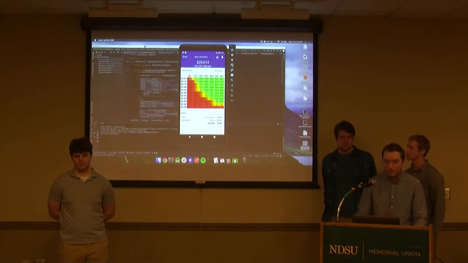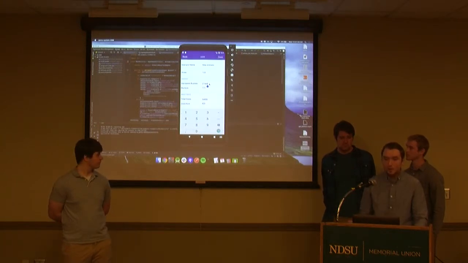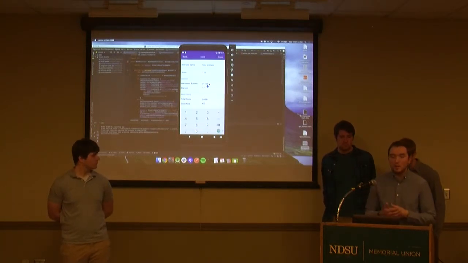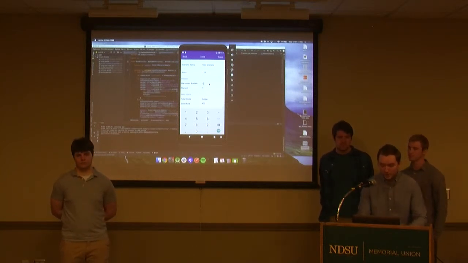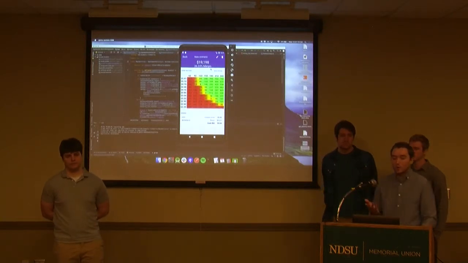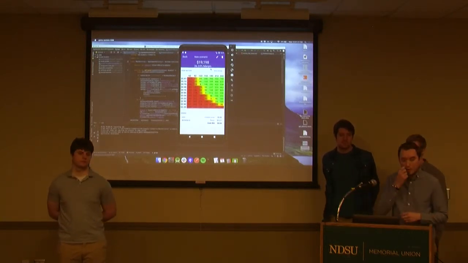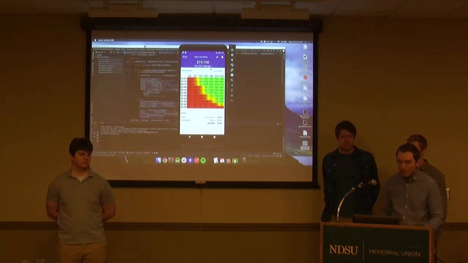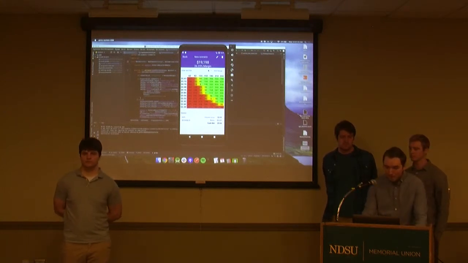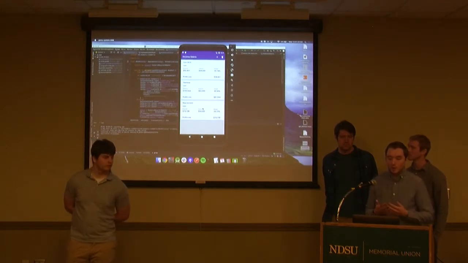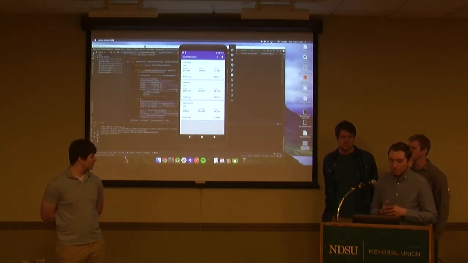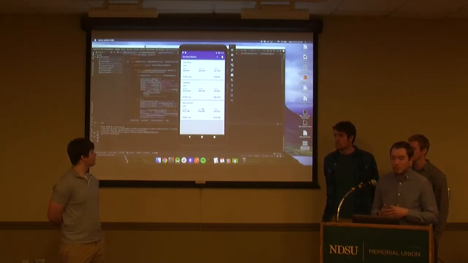You can also edit a scenario, so you can change it if you want to see it saved with a different number of harvested bushels. You can just change that, and that will update to show you a new scenario with the new updated data that you put in there. And then if you click back, this will go back to the list of all the scenarios that you've created previously. This essentially just lets you see all the scenarios that you've created, and saves them so that you can go back and look at them at any time.